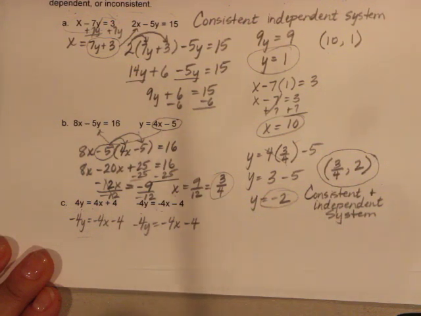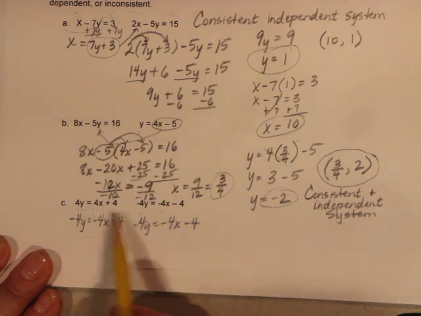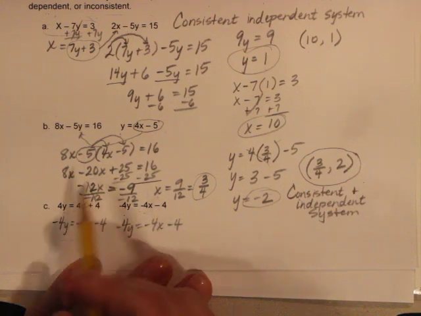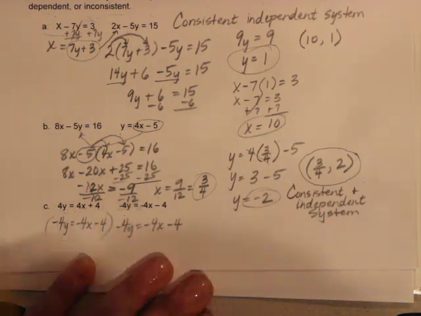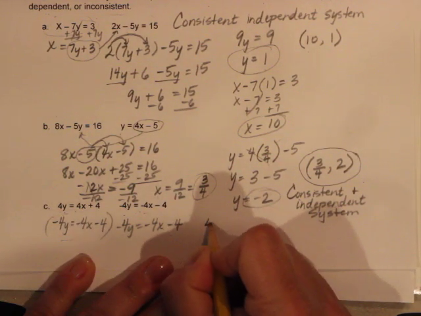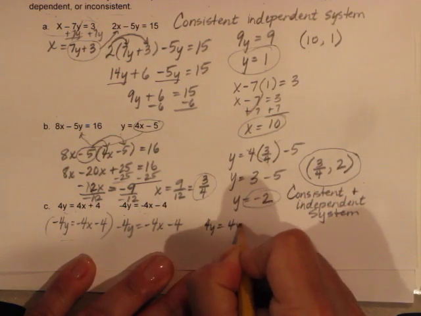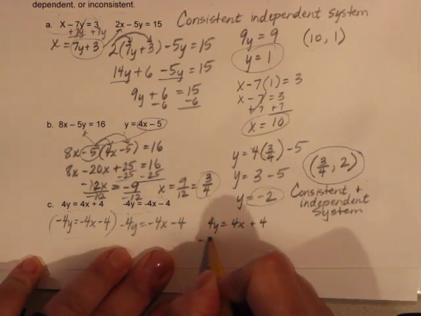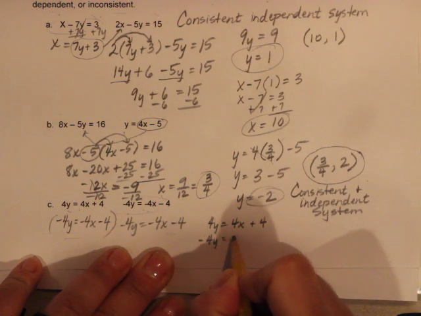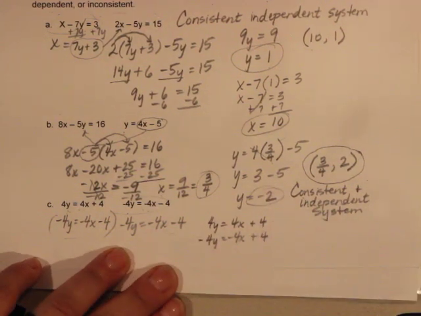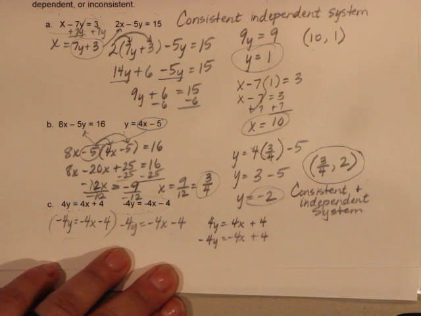Okay, the same equation. Now, if I were to combine these, that's one way to do it. Let's say I were to take these and try to add them together. I'm not going to multiply. With this one, I multiplied this whole thing by negative 1 because I saw that they were the same. I could have also done it this way. Let's take this equation right here, 4y equals 4x plus 4, and solve by adding them together. So if I add the other equation with it, negative 4y equals negative 4x plus 4, then I'm going to end up here